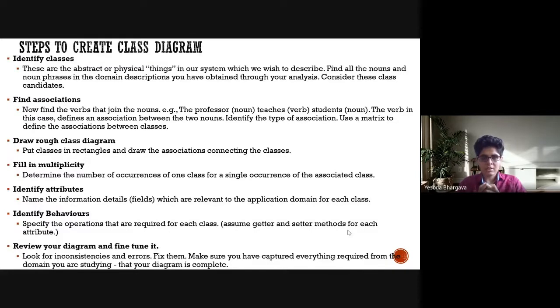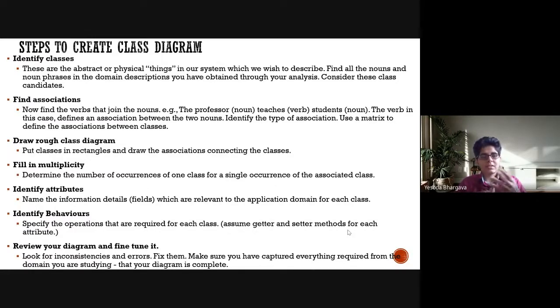Now, it is very easy to get intimidated when we look at class diagrams, particularly ones which are a bit complex in nature, and we wonder how we will be able to develop such a diagram which showcases the deeper details in the software that is about to be implemented. So there are certain things that need to be kept in mind. It's one thing to understand the steps to create a class diagram and to read the examples. It's completely another thing to use these steps when you're actually trying to create your own class diagrams.